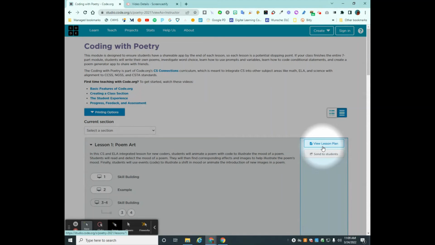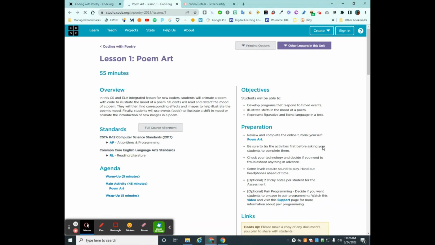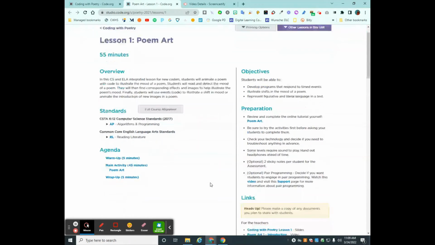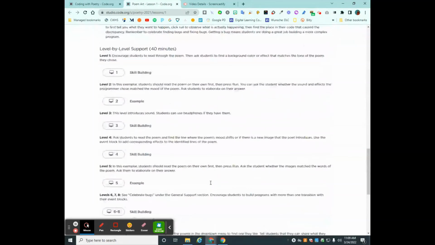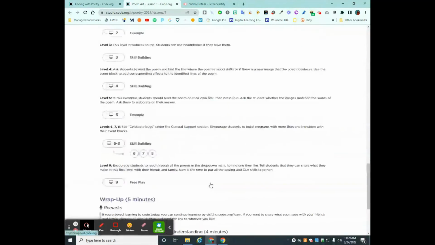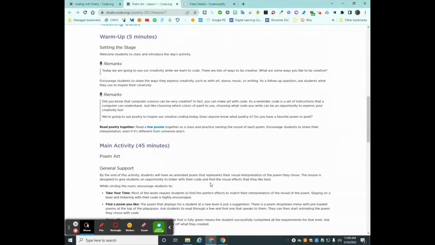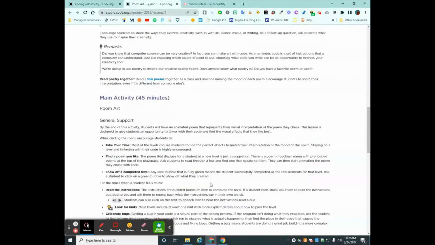But the thing that made it easy was this lesson plan that code.org always had for me to help me go through the lesson in a content-based way with my students and make sure they were getting the curriculum they needed to be successful, and I was what I needed to be a successful classroom teacher and meet their classroom needs. It's wonderful. I just did a quick glance over it, but it starts with a warm-up, main activity,